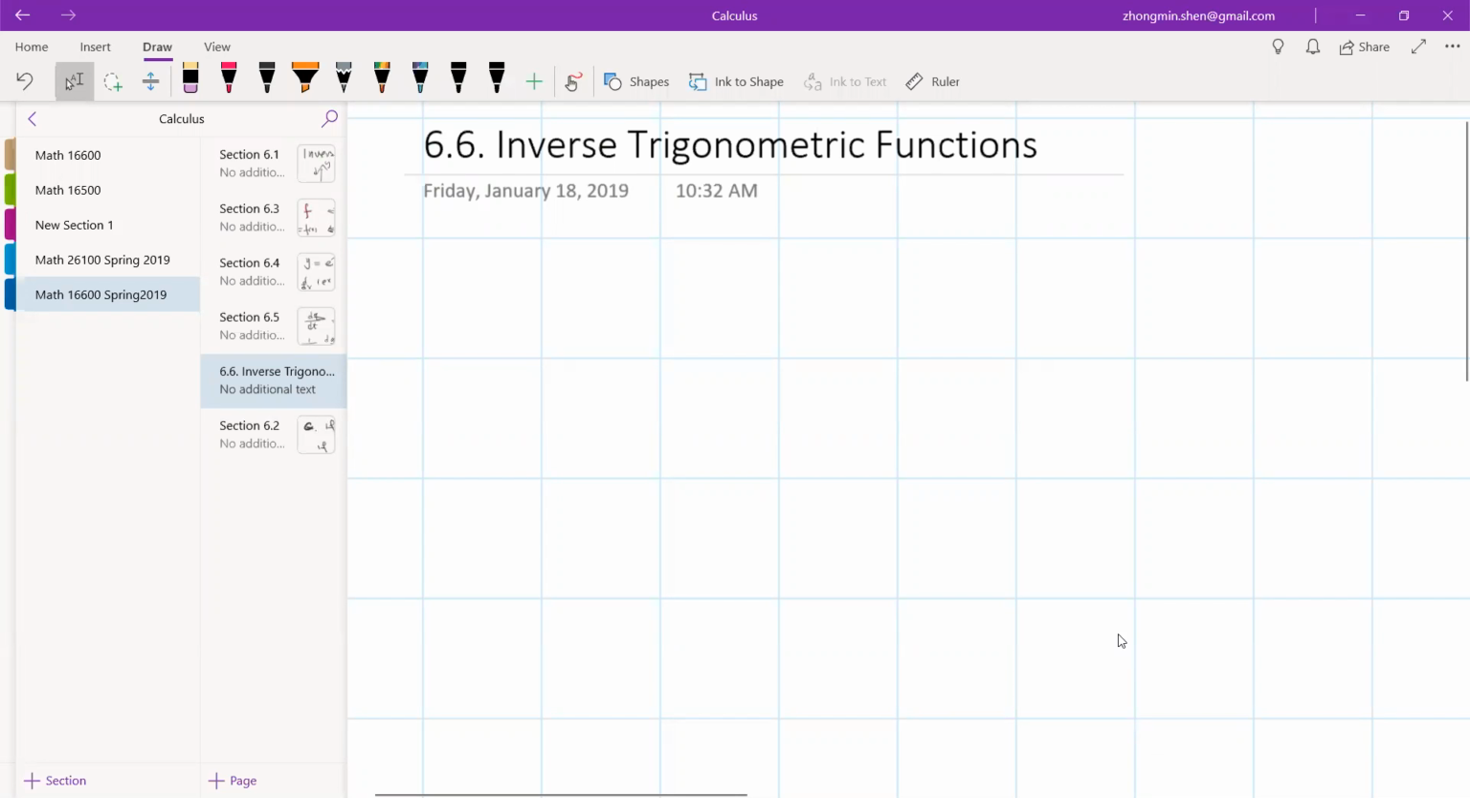So the sine function is defined on the whole line. Itself, it's not an invertible function. It is not an increasing or decreasing function, so it does not have an inverse in general. However, if we restrict the function to an interval from negative pi over 2 to positive pi over 2,